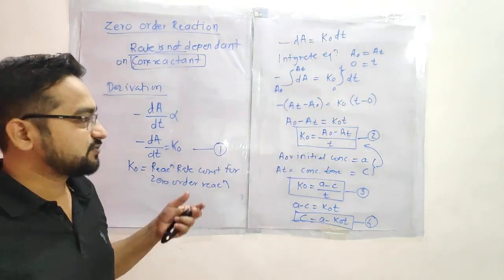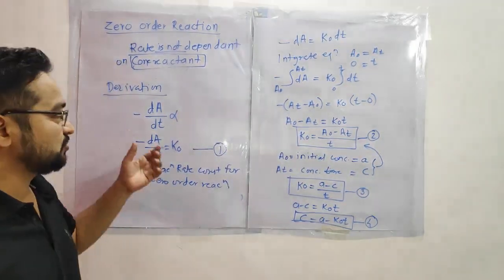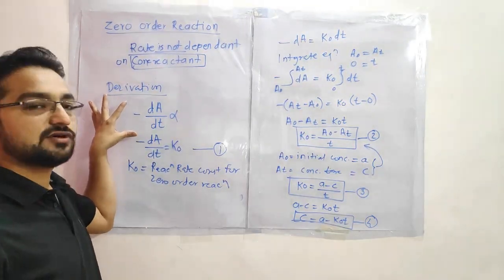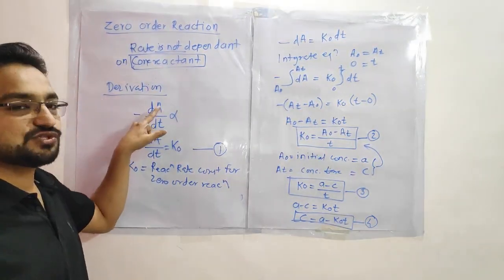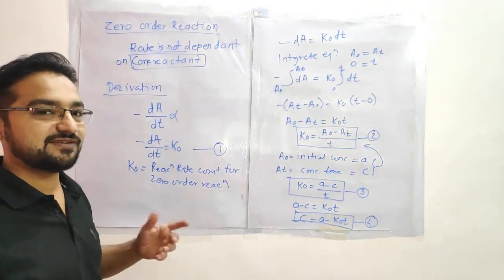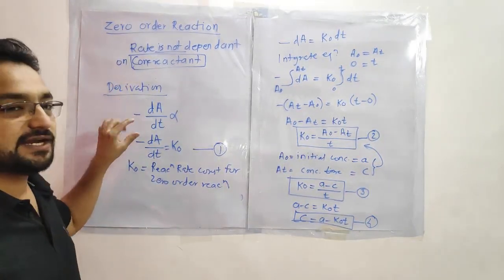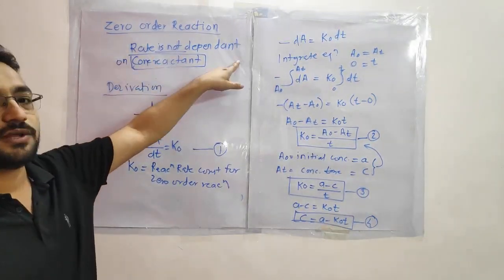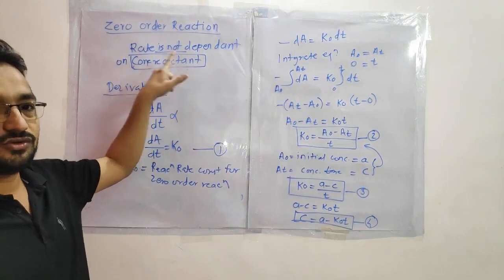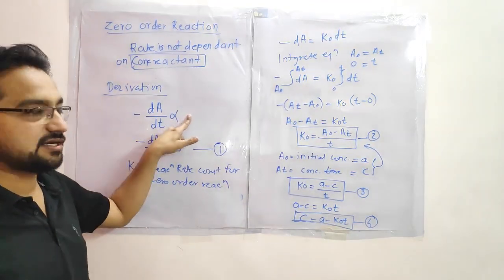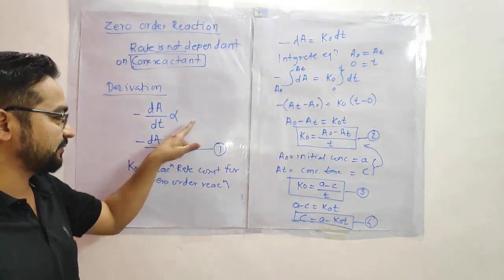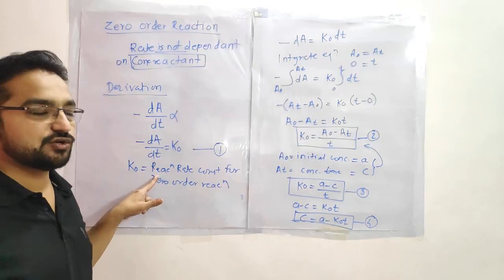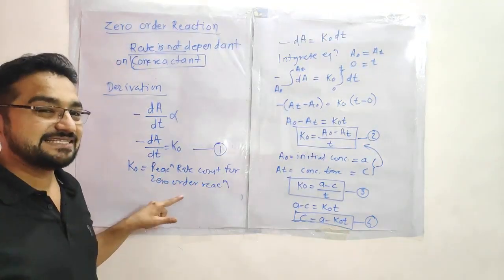Let's go through the steps we did here. Garrett and Carper was the scientist who worked on the photodegradation of multi-sulfur drug products. The absorbance was decreasing, so he measured the absorbance at 500 nanometer. So dA by dt is the change in the rate. In zero order the rate is not dependent on the concentration of reactant, so it is independent of concentration of reactant. So dA by dt is directly proportional to nothing. To remove this proportionality, we have taken the constant k0. So what is k0? It is the reaction rate constant for zero order reaction.